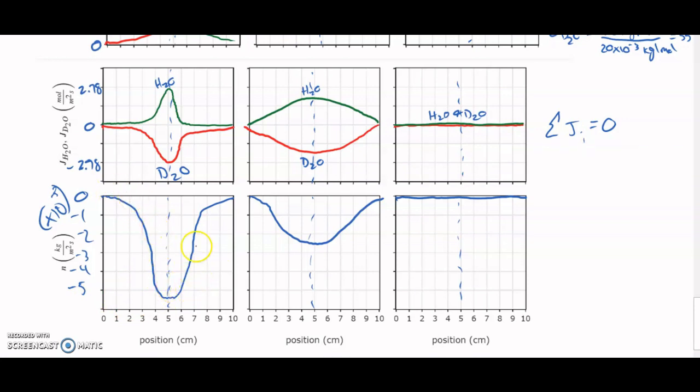So right at 0.1 seconds, that's where our maximum overall mass flux was, at the partition at 5 centimeters in the capillary. As the time increases to t equals 60 seconds, again, the overall mass flux at the partition